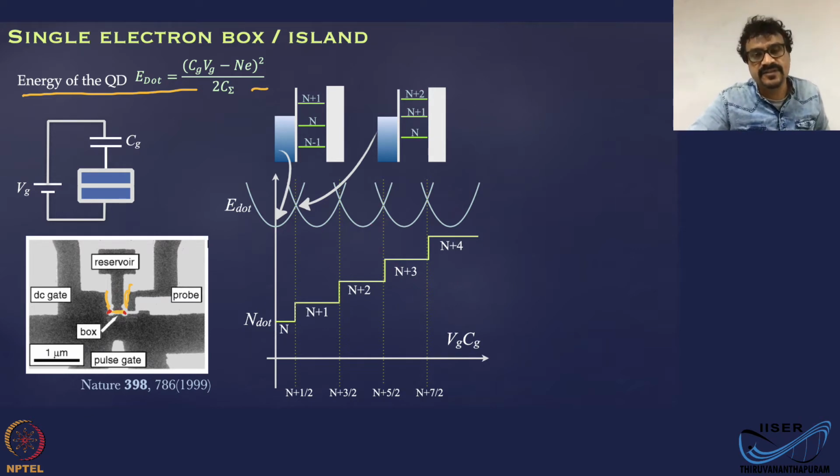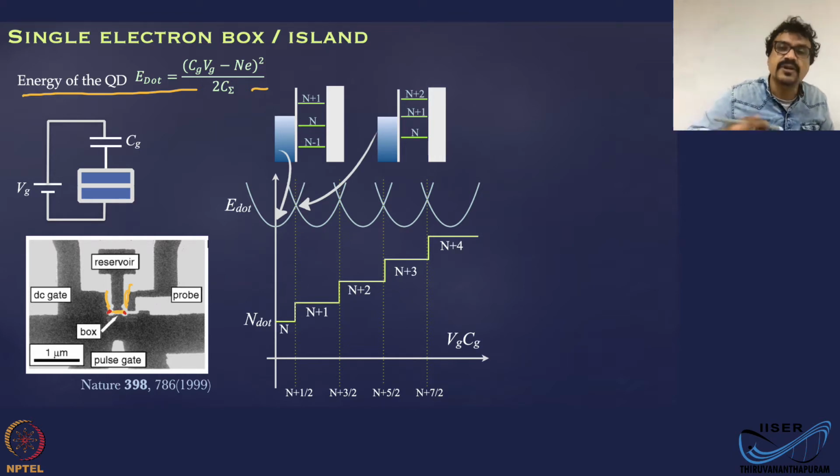So that is the physics here. So we are going from a parabola with an electron, and then the next parabola n plus 1, n plus 2, n plus 3, but you are going to sequentially fill the island by electrons. Okay, so the electrostatic energy is going to oscillate like this, and whenever any of these parabolas meet, that's a degeneracy point, and you can fill an extra electron.